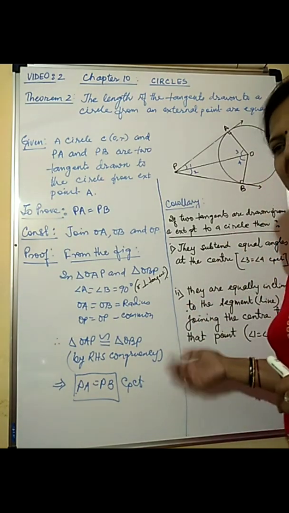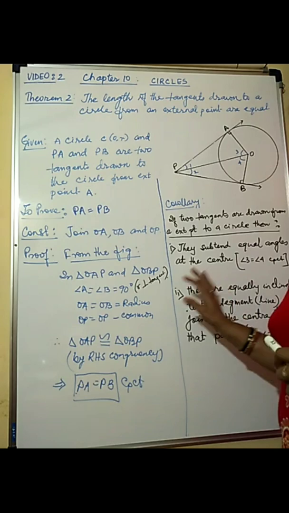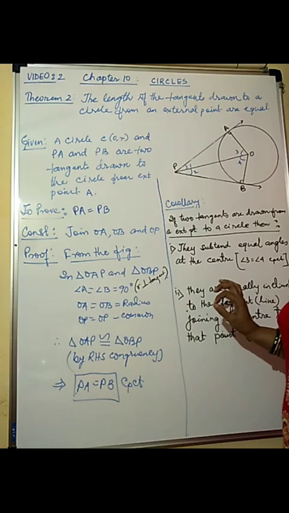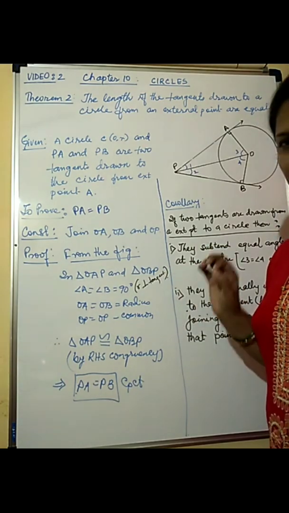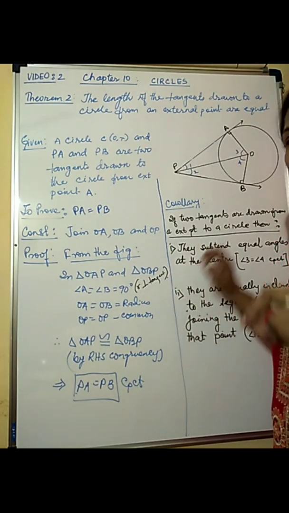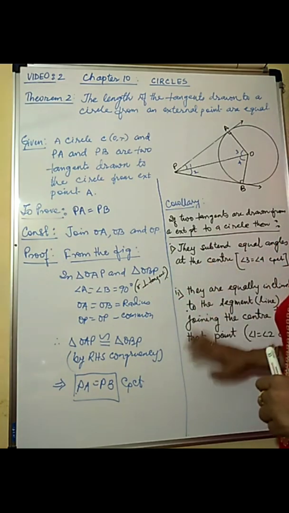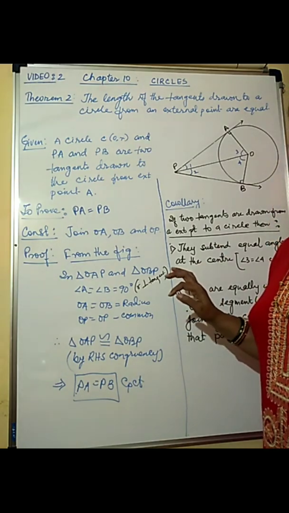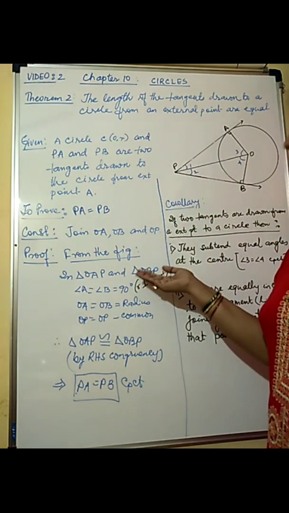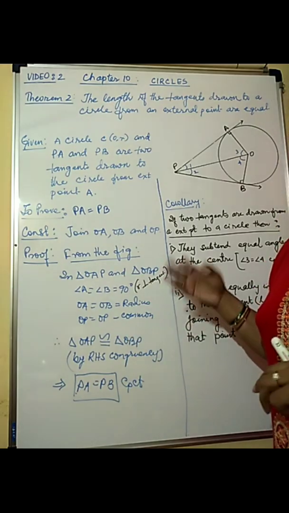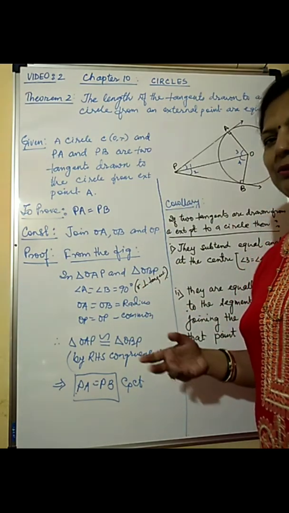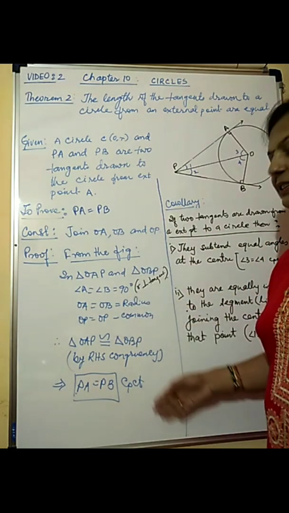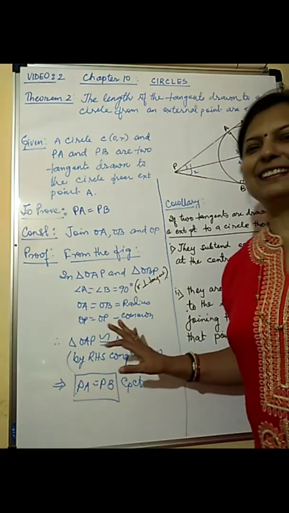So if you can note it down and keep it, or read it from your book, you can remember that tangents make equal angles at the center, and the tangents are equally inclined to the line joining the center to the exterior point. If you can remember these two results, we can directly use them in some of the questions which we will be doing once we finish this. Obviously, once we discuss the theorem, the questions are going to follow. So once I return with the questions, we will be using some of these concepts. So till then, thank you.